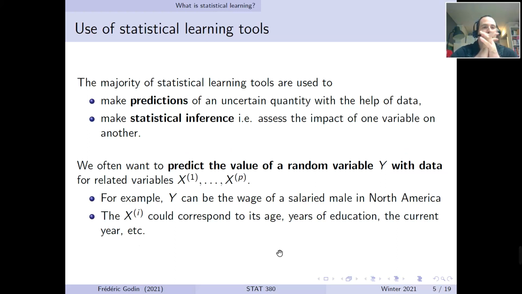Okay, so the vast majority of statistical learning tools are used to do one of the two following things. So first, the first objective of statistical learning, as I just mentioned earlier, is to make predictions. Okay, so there are quantities which are uncertain, or you can see them as random or unknown, and with the help of data, you want to be able to predict these unknown quantities based on the information you observe. Okay, so prediction is one of the main objectives of